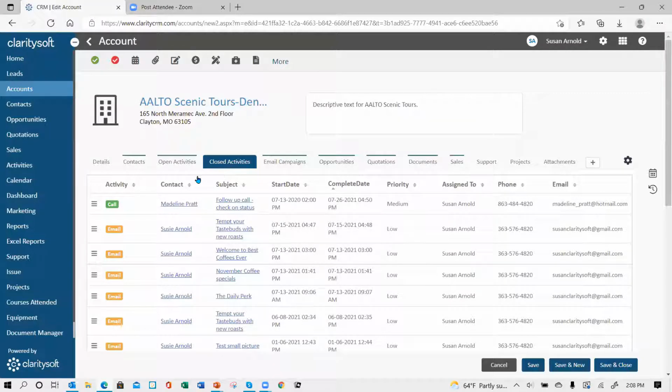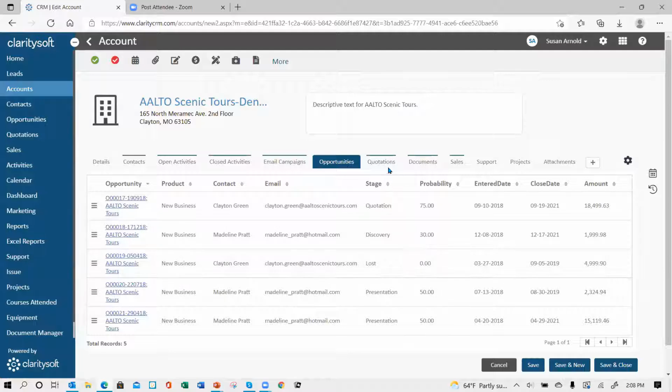For those of you that have enhanced activities, you will see just an activities tab and it will look different than this, but that's okay. Email campaigns, you won't necessarily see this tab if you do not have the marketing module. So don't worry about this if you don't see it. And then opportunities. So on and so forth, you go across